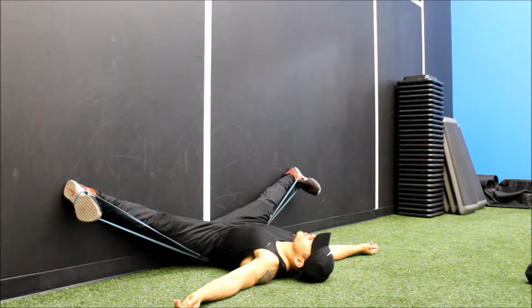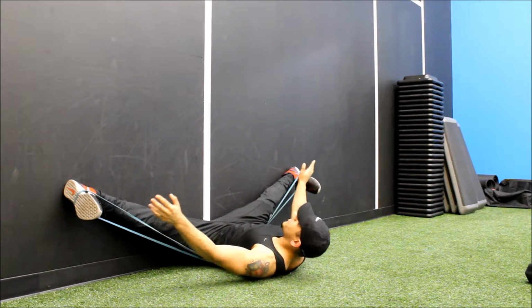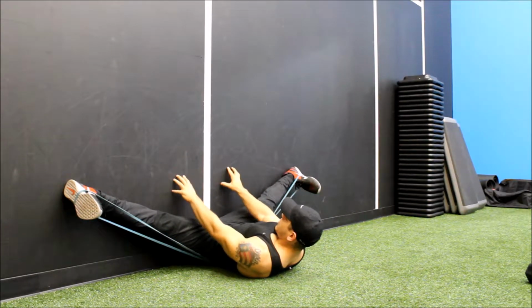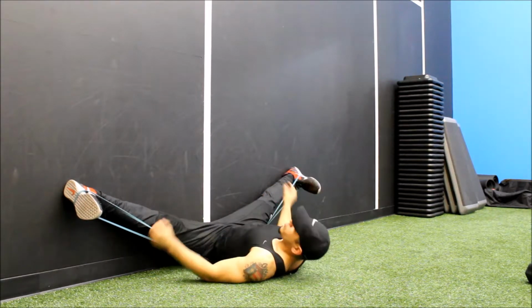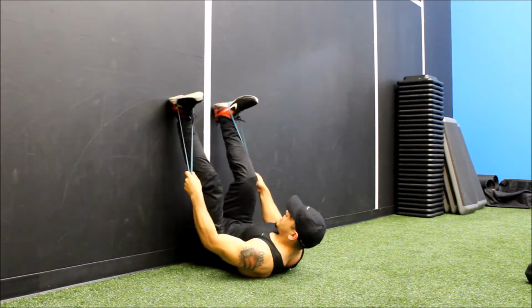And you also want to think to externally rotate your hips, so you're trying to put the pinkies of your feet against the wall, right? You're really feeling this stretch. Hold it for 2 minutes, all right? And then,